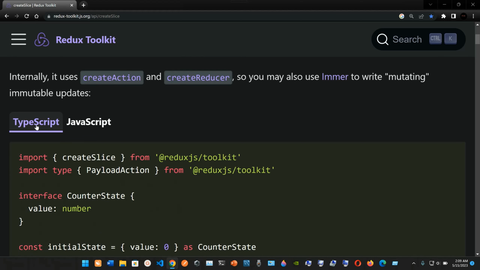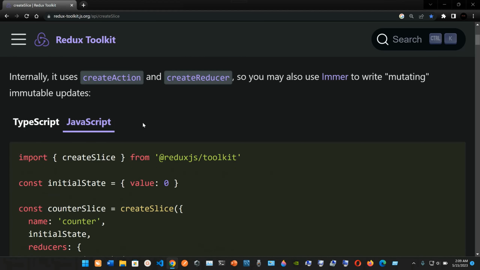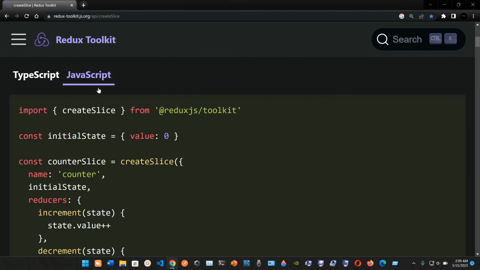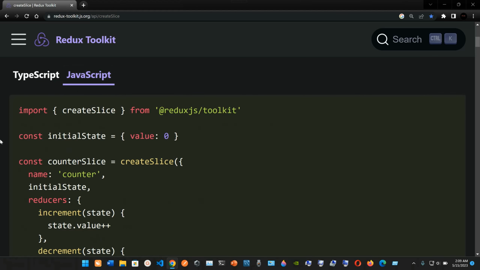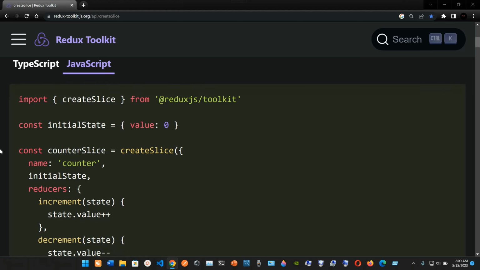And here we have two choices. We have TypeScript and we have the basic JavaScript. So we're gonna go with JavaScript, and you can check out the TypeScript if you want here. So this is an example that they're giving us, and in the previous video I showed you how to install